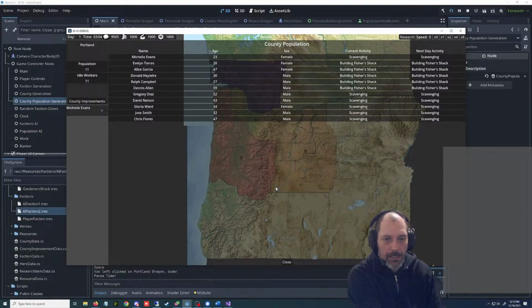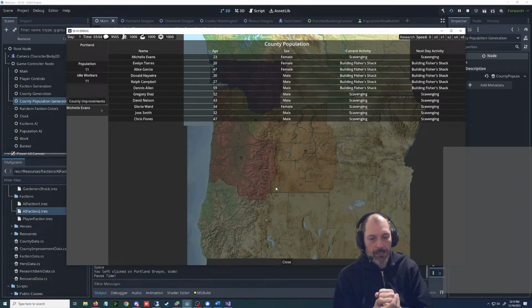Now it sets both. It's setting both their current activity and their next activity, but maybe we want it to. So if you set it today, it's going to set their next activity in the morning, which would be their next day's activity.